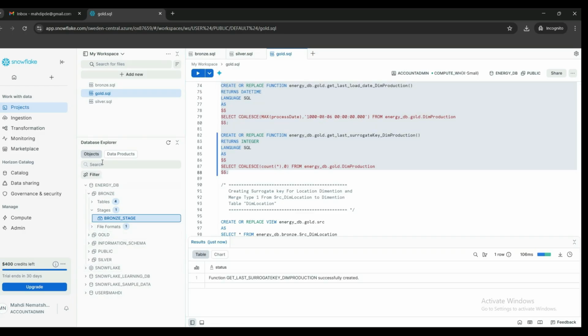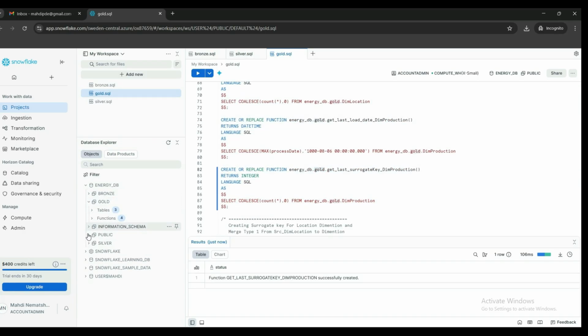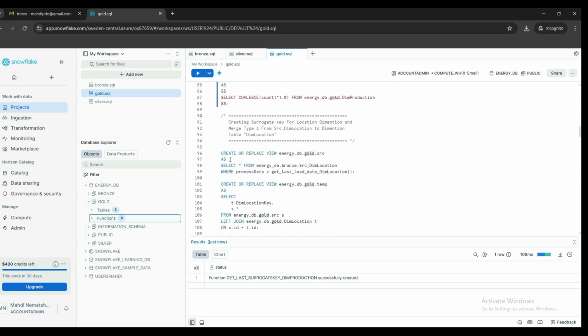In the catalog, let me refresh. The functions are located in the gold schema. If you see, functions is a database object that I mentioned at the first of the video. The function is inside the schema. So let me run